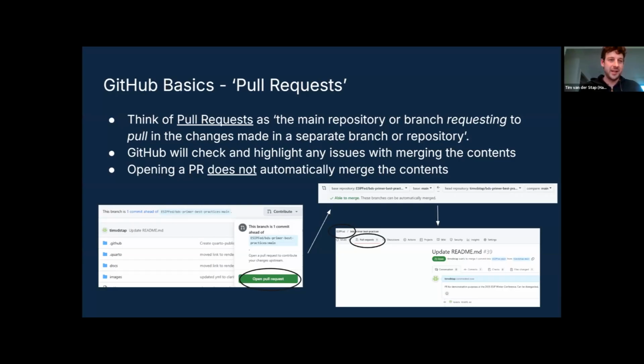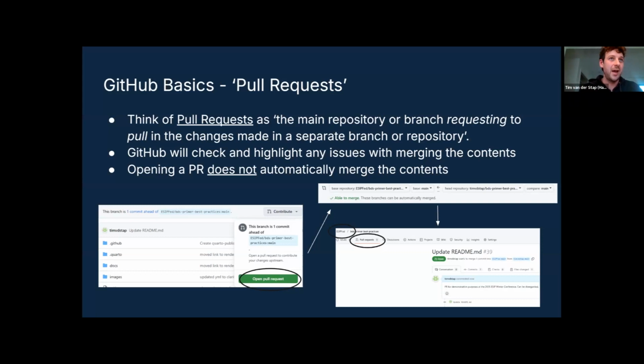Okay, I was just saying that typically whenever there are multiple collaborators within a project, you'll want to make any changes specifically on either your own fork repository or within a separate branch. But eventually you do want to have those changes merged within or show up within that main branch, and you can do so by opening up a pull request.